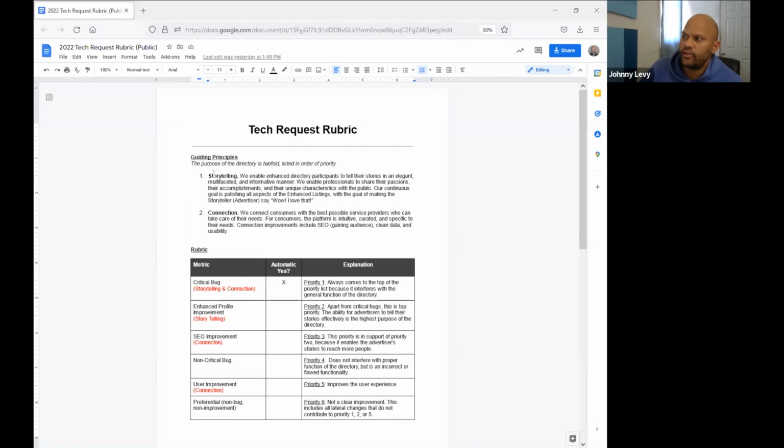So literally the two guiding principles on the directory, I just wrote this the other day, are storytelling, right? The ability for the advertiser to tell their story, and then connection, which has to do with connecting the audience with the doctors, so that the doctors have more people to tell the story to. Those are number 1 and number 2, and you just hit on both in 5 seconds flat. And you're saying you can help with both of those things. Exactly. But you're not an SEO shop. So how does that work? So we do it through the thing that we're good at, which is display advertising, right?